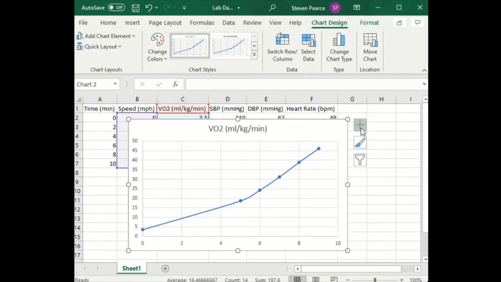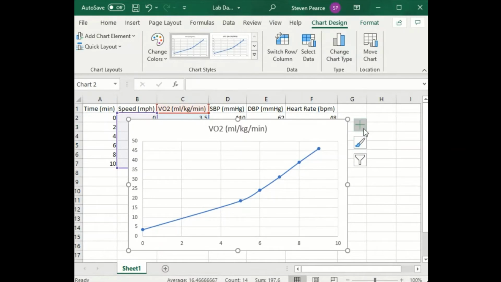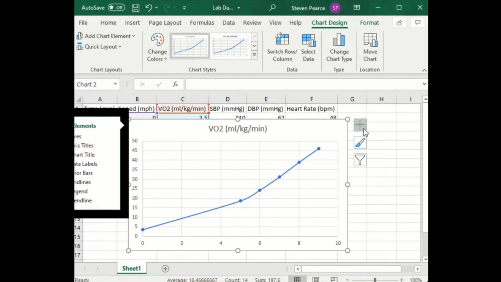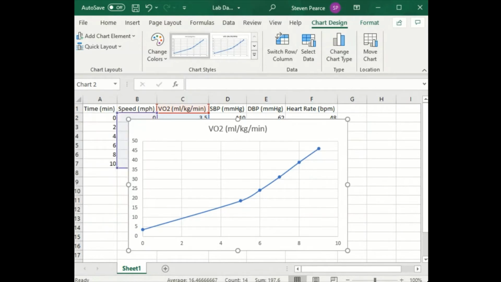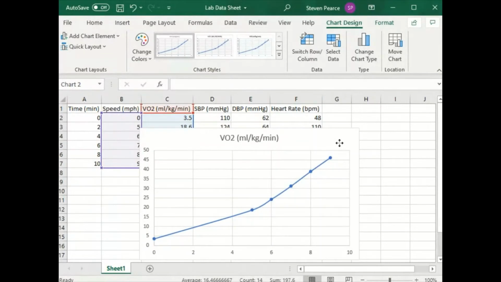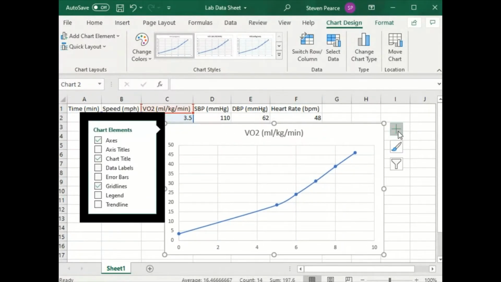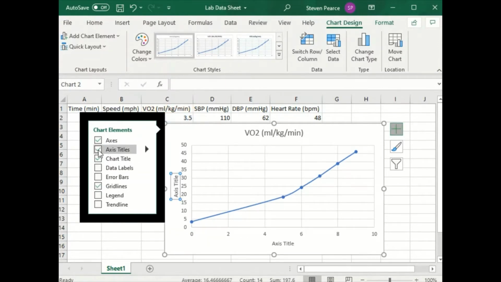You see this little plus sign? We're going to add some chart elements. So to add, and actually let me make this a little bit bigger because I don't think that you guys can see it yet, and I'll slide this graph over some. All right, so we're going to add some chart elements. We want axis titles, all right, and we want,